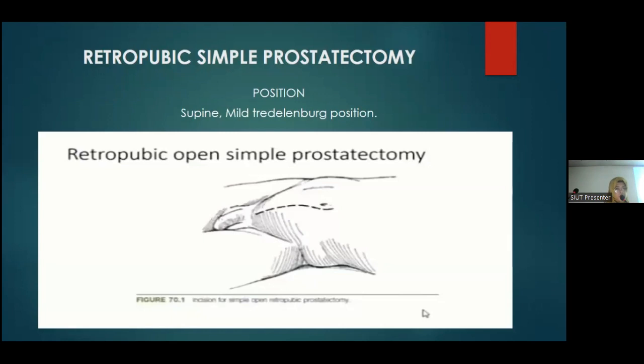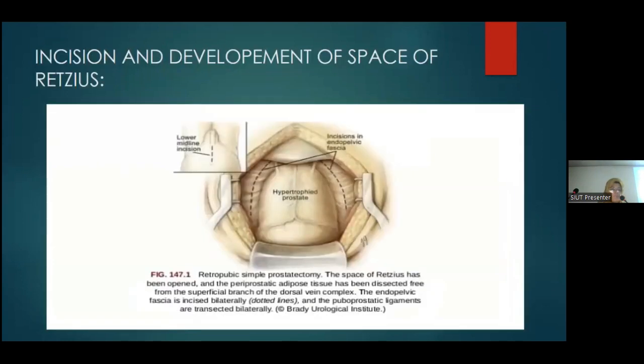retropubic simple prostatectomy. First, the most important part is the position of the patient. The patient is kept in the supine, mild Trendelenburg position with the slight flex of the table. Now, starting with the